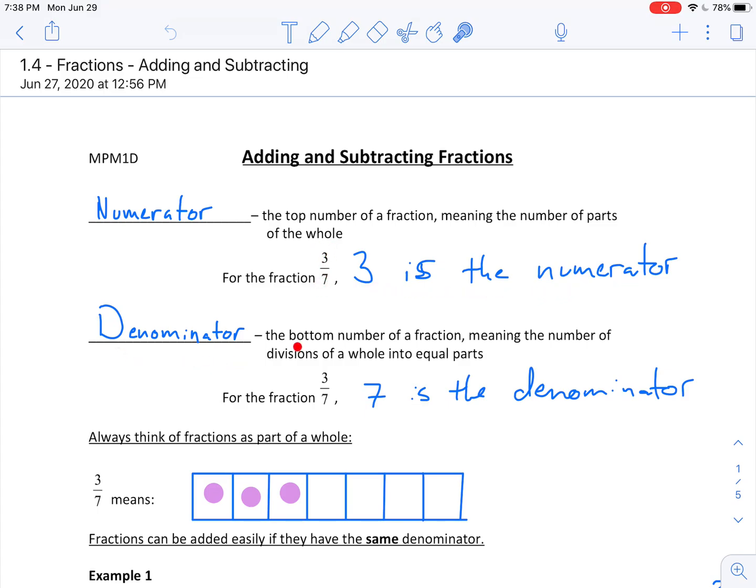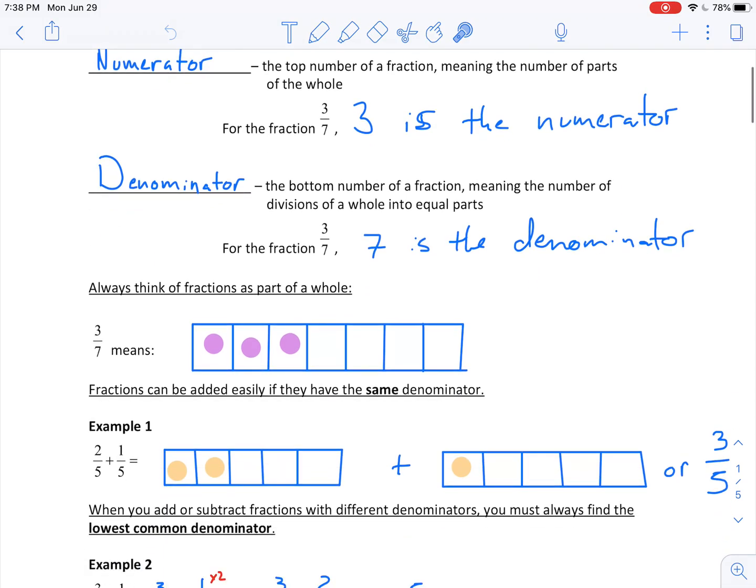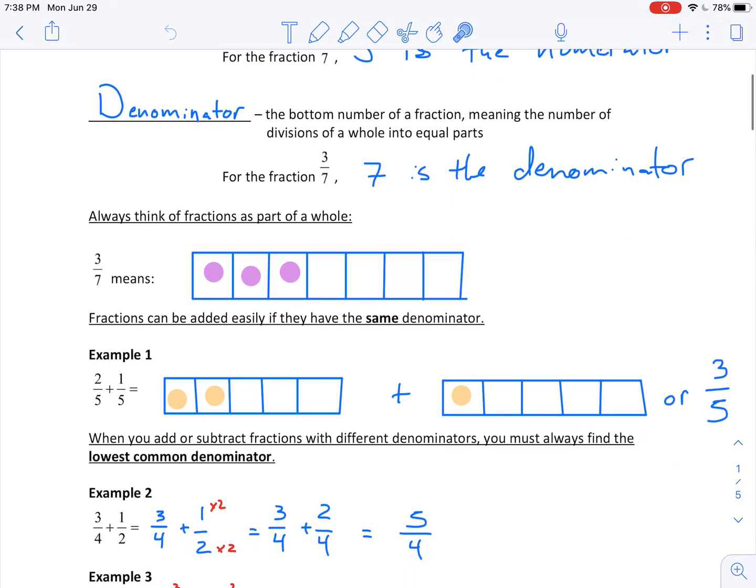The denominator is the bottom number of the fraction, meaning the number of divisions of a whole into equal parts. So for the fraction 3 over 7, 7 is the denominator. Always think of fractions as part of a whole. So 3 over 7 literally means if I have 7 blue boxes here, I've filled 3 of them. So 3 of the 7, or 3 parts of the whole, which would be divided into those